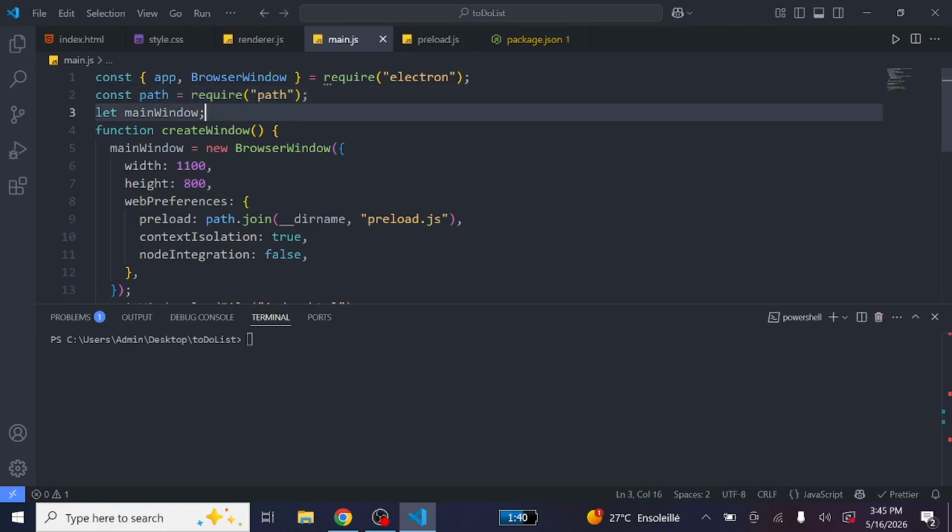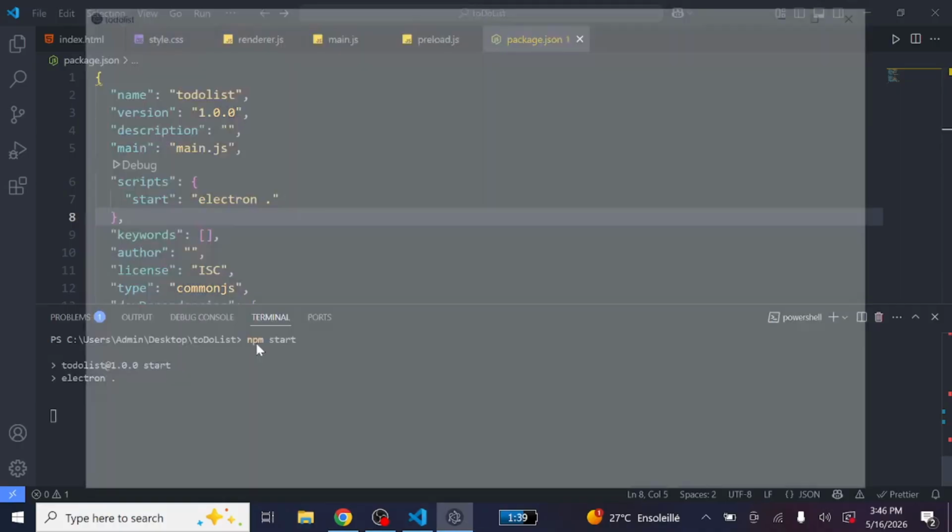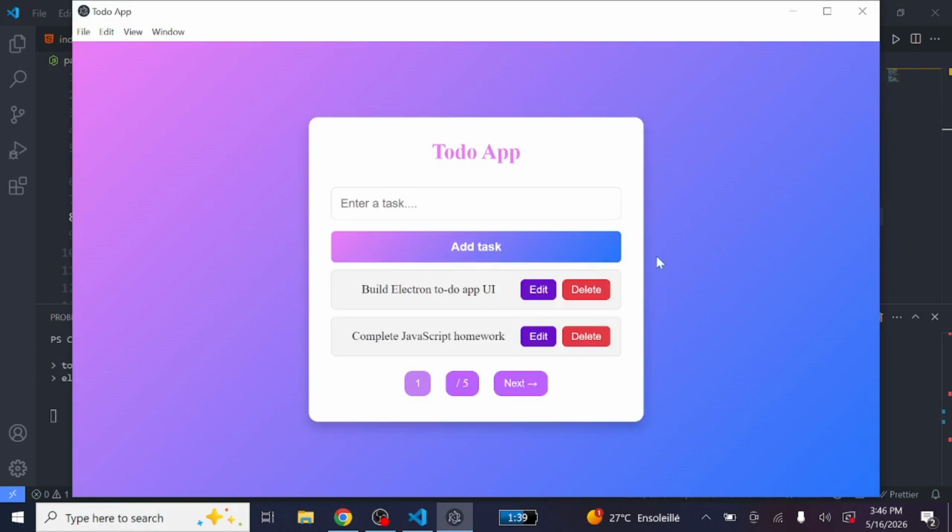Before running the code, as I told you, here in script.js, you should write start electron space dot. Then go in the terminal, just write npm start. Normally, here the window, you can see here, now we